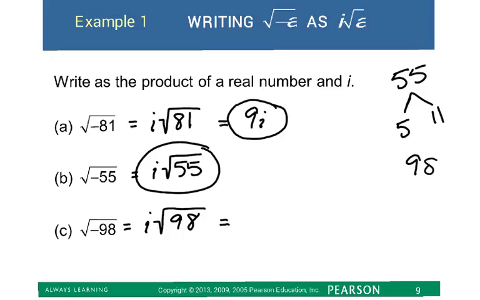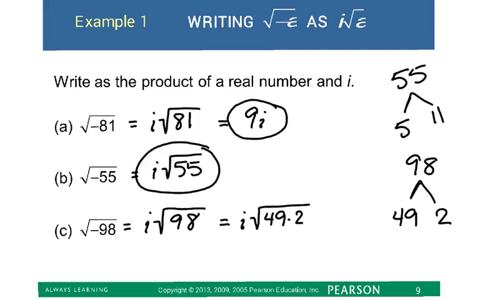98 breaks down into 49 and 2. You can take the square root of 49. I'm going to cover it in steps here. Okay. So taking the square root of 49, that we can take out of the radical, but to do